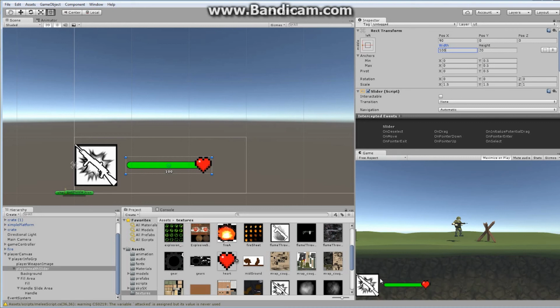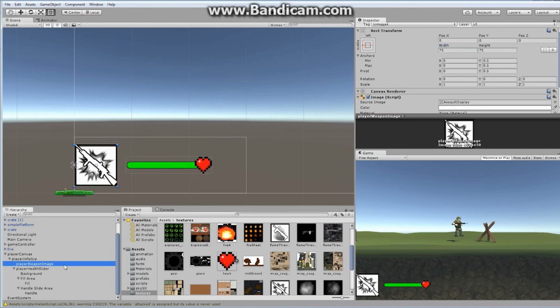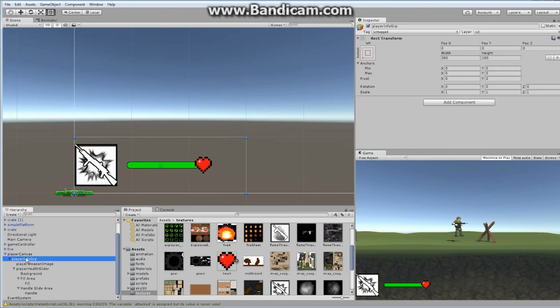There's one more thing I want to do. Right now, we've got this entire thing in this player health group, right here. We've got the entire thing on there, and right now it's right up against the edge of our actual screen, and I don't like that. I want to give it a little bit of room, both in the X and the Y. So I'm going to move it out in the X position to, let's say,